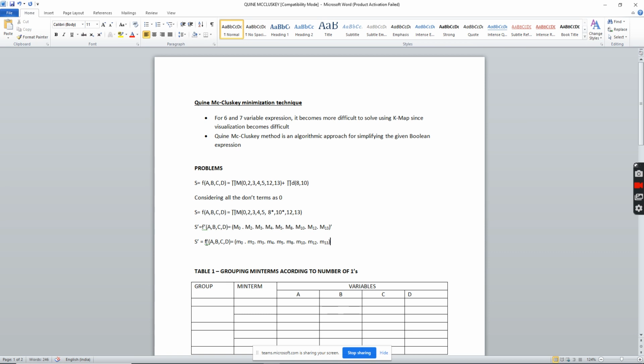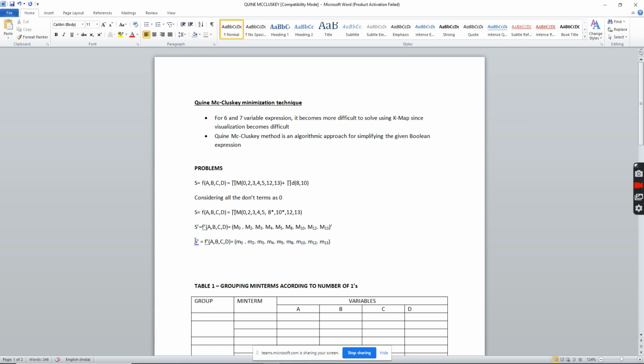Now, this is my new equation. This equation I will be evaluating. What is summation m? Summation m stands for min term list. Correct? So I will write the new equation S bar, which is equal to F bar of A, B, C, D is equal to,